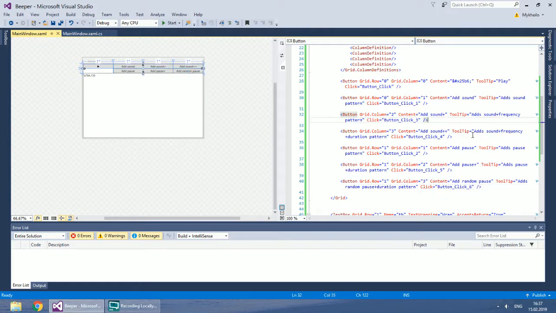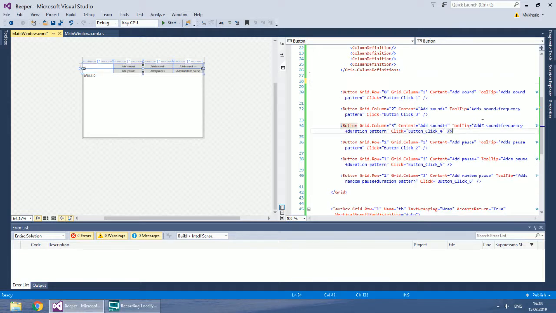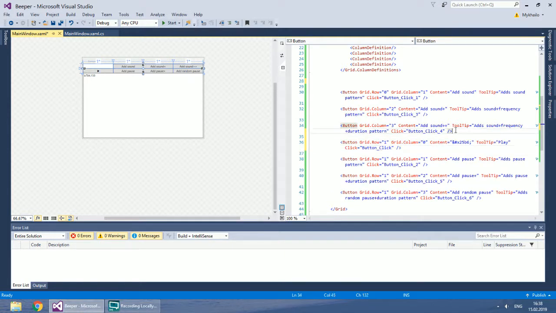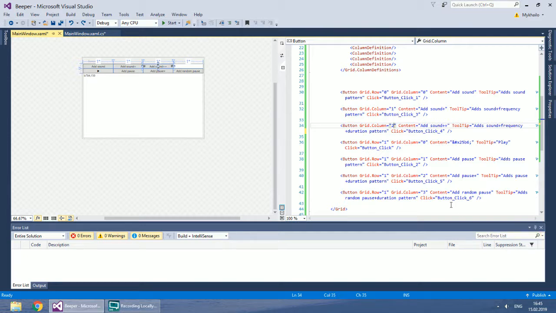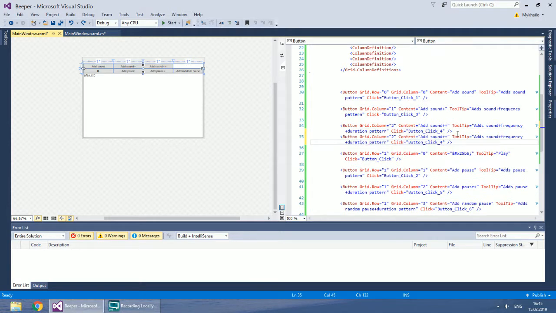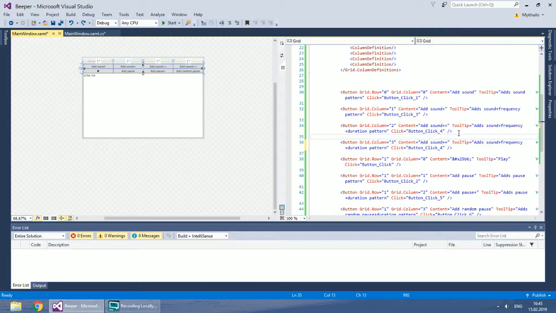Let's reorganize the buttons again. Create a new button in its click event.